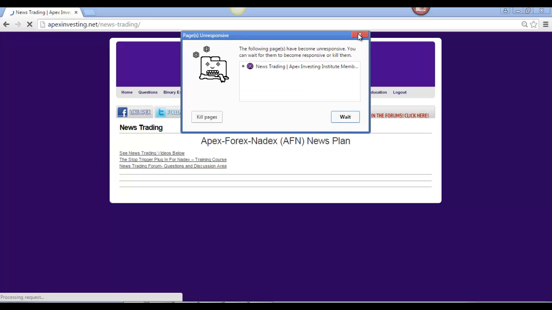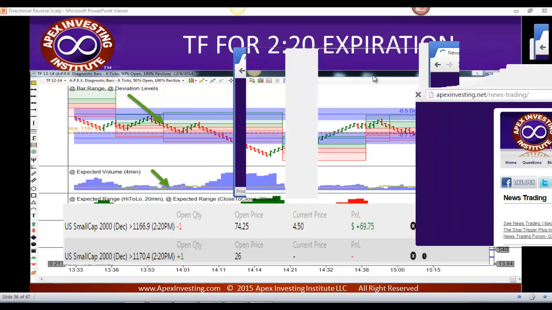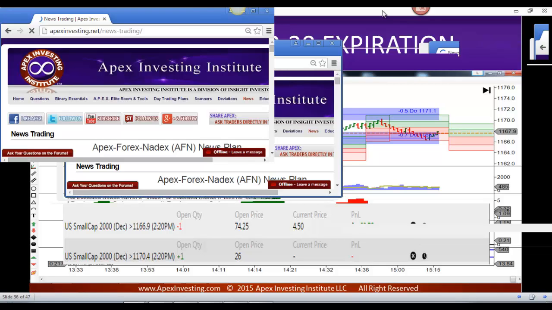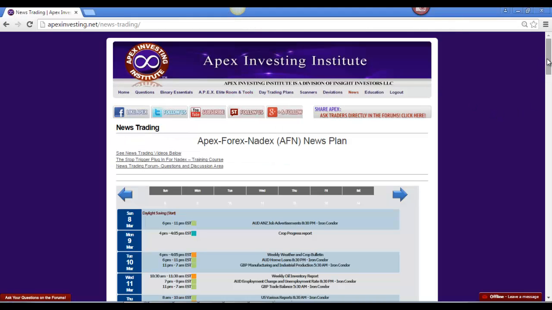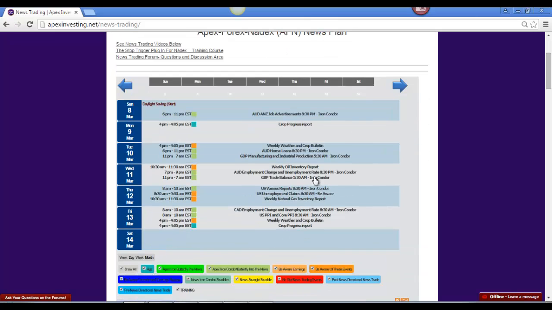I'm getting my little Chrome issue here. But that news trading calendar will go through and show you the news events, and it's a trading plan. We tell you how to trade that news event, and we will tell you which events are good events for trading strangles, and which ones are not. If it's going to have a big move to it, we trade strangles. If it's not going to have a huge move, we do iron condors with Nadex spreads. You'll see that on here. See that? Iron condor,